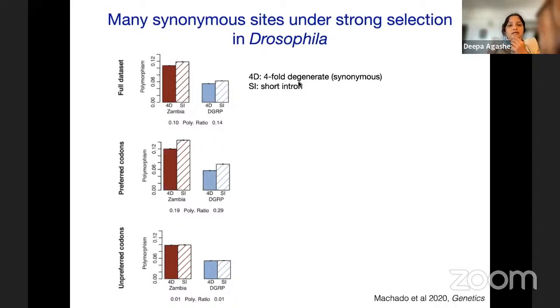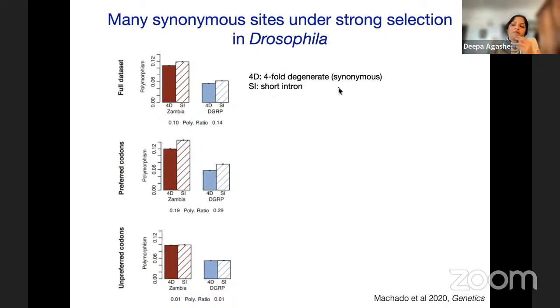And what they're asking is they're looking at fourfold degenerate sites, which means sites in the genome, in coding sequences, where you find synonymous mutations, where any of the 4 bases at that third position are going to lead to the same amino acid. So there's basically the maximum degeneracy possible at that site. And so they're focusing on those because there are many more of those in the genome, so you have a higher sample size. So you're comparing the fourfold degenerate sites, which should be synonymous sites, which should technically evolve under drift, and